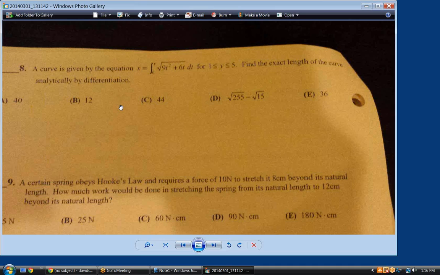A curve is given by the equation that it's the integral of that. So,